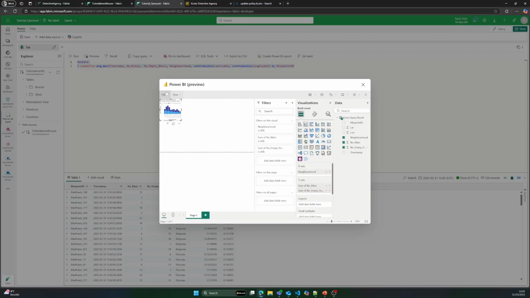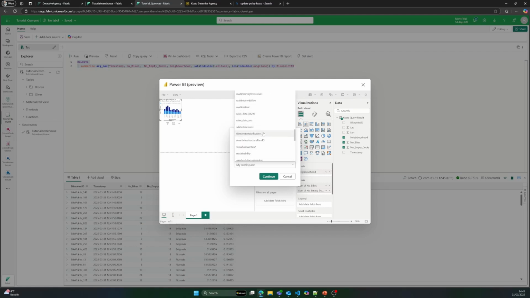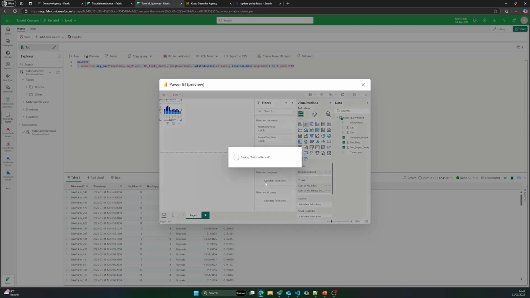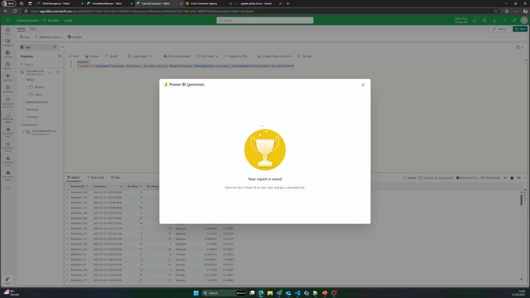I have this kind of preview here, but what I actually want to do is save this report, so I can give it a nice name, for example, the tutorial report, and save it to a specific workspace. So I want to save that again to my tutorial workspace. Can find it, here it is. So saving it now to this tutorial workspace, and now I can directly go to this report and do some